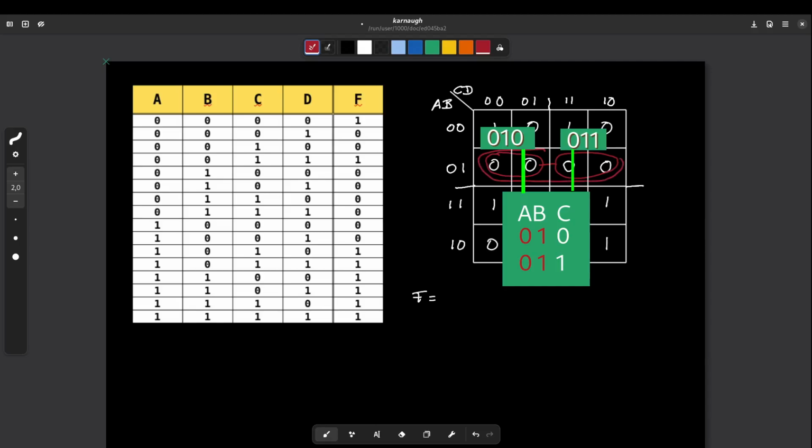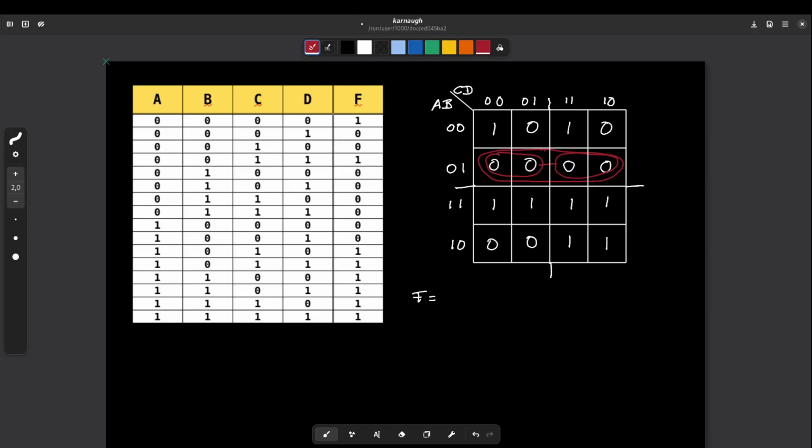So I will write this as the terms that don't change, the variables that don't change in these terms. In this case, we are going to take the negated as non-negated and the non-negated as negated. We will write this as A or B negated and